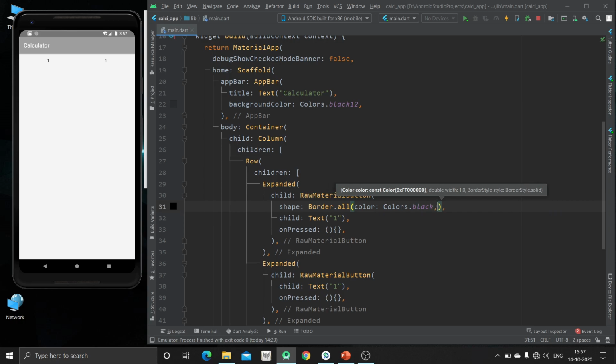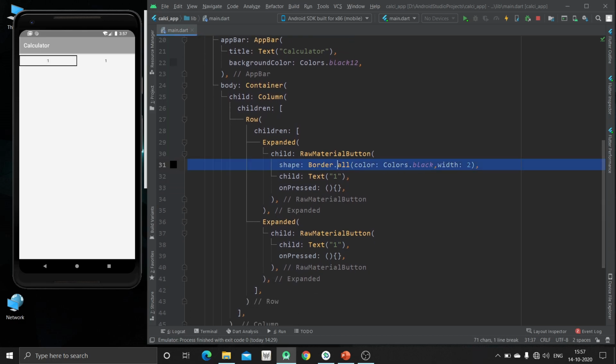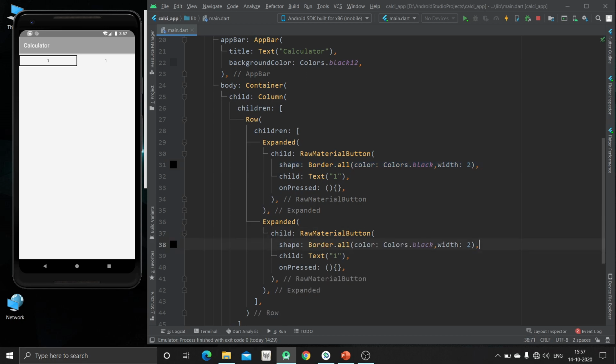So this is the color and the width should be 2. Now we can see this is the area of the first one, and similarly we are just going to copy it and paste it over here. So this is the area which is covered by the second expanded widget. So they both have divided the whole width between them.